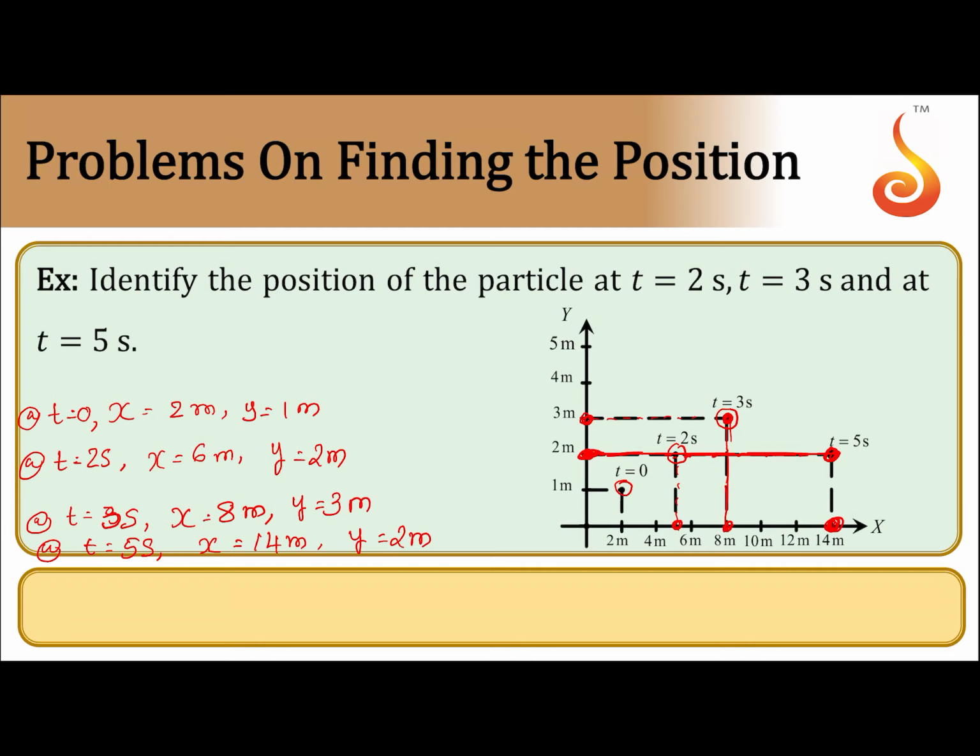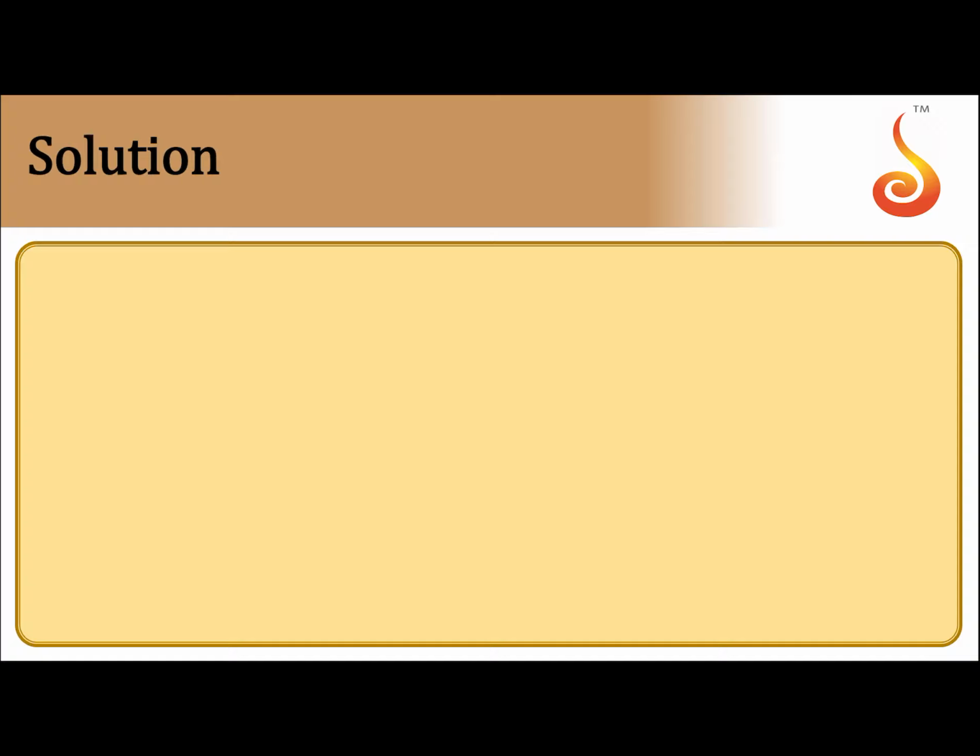So, this is an interesting problem in which the position of the particle changes with time. But when I say position, it is with respect to x as well as y. So, it is something like this. Here is the x axis and this is the y axis. For example, the particle is moving like this.